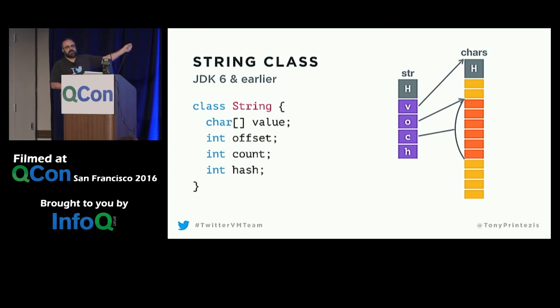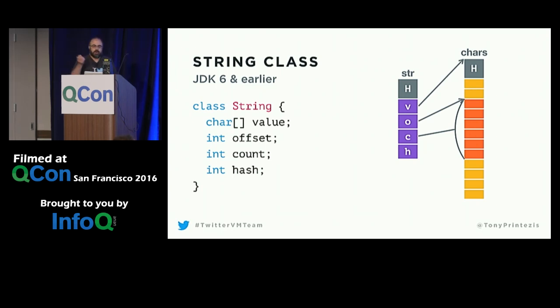So until Java 6, the string class had 4 fields. It had the value field, which was a character array pointing to the array that contained the payload of the string. It had an offset and a count, which define the subset of the array that actually contains the payload that this string corresponds to, right? So if you want to do substring, you didn't have to replicate the character array. You could just create another string with different offset and count, getting a different view on the same character array. And finally, a hash field. So if you want to hash the string, you only calculate the hash once, because sometimes it could be time consuming, and then you store it and keep reusing it.